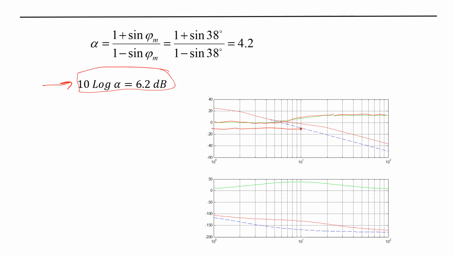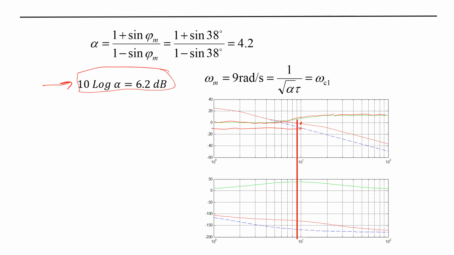I position at the place where it's minus 6.2 in the uncompensated system. So I put them together at that frequency. What will be the overall gain in there? 0. And this is my new crossover frequency. This is omega m,